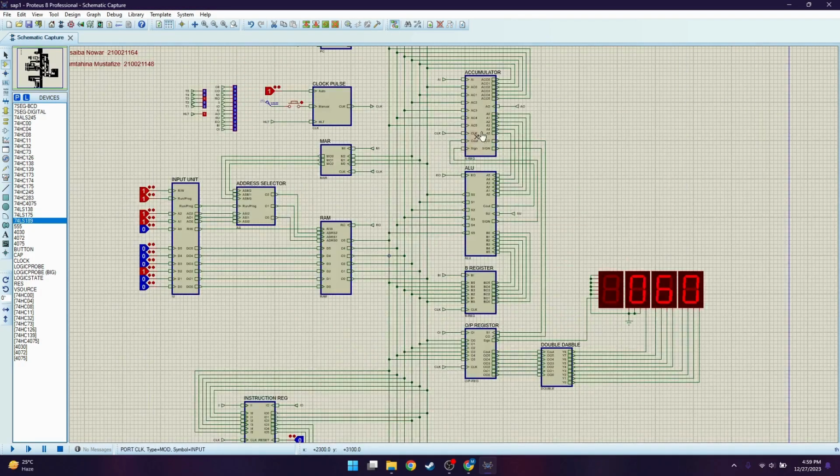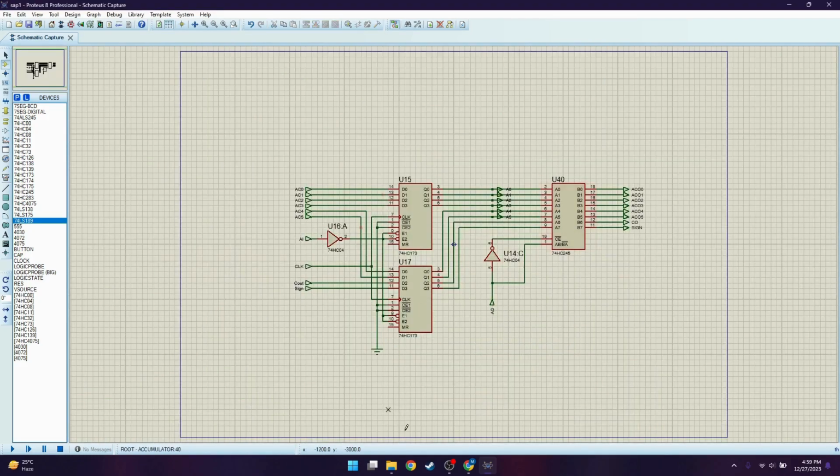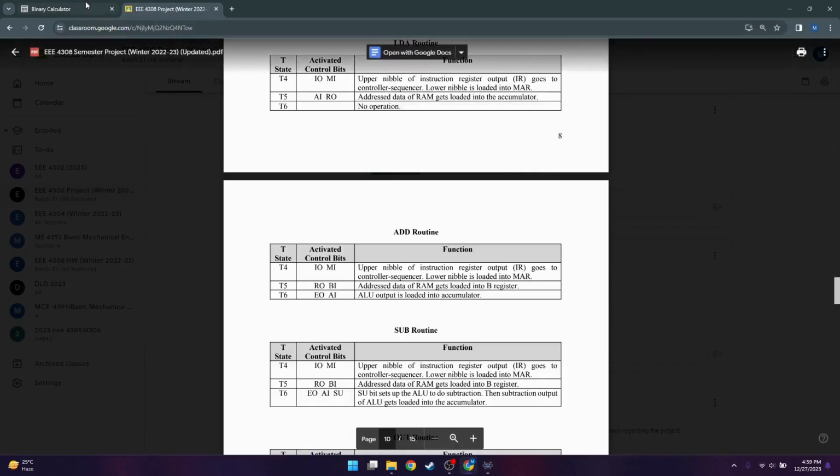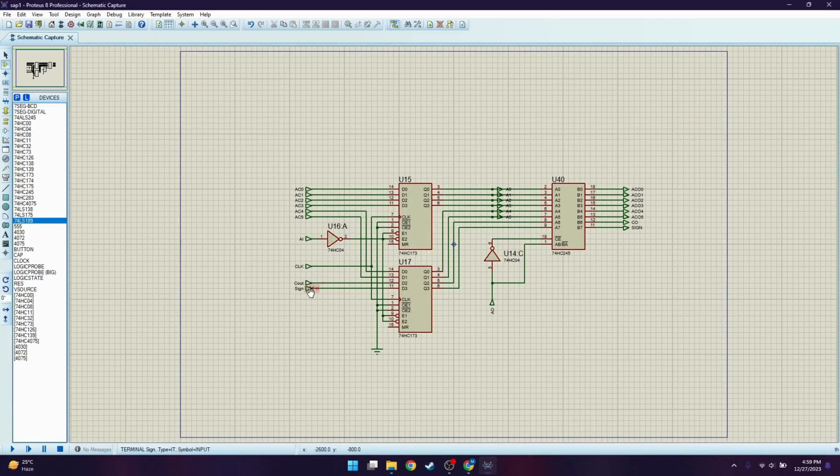Then we arrive at our accumulator. Our accumulator is capable of storing 8 bits. Why do we need 8 bits? Because our project is 6 bits, but when we add something, like if we add this 6 bit with this 6 bit, this gives us a 7 bit result. To see this 7 bit result we need the carry output, and this carry output is stored here, C out,